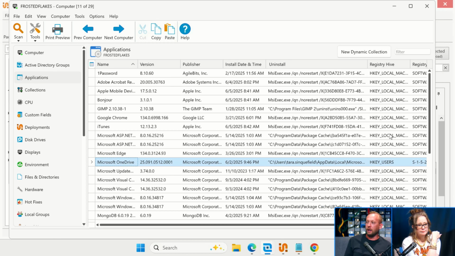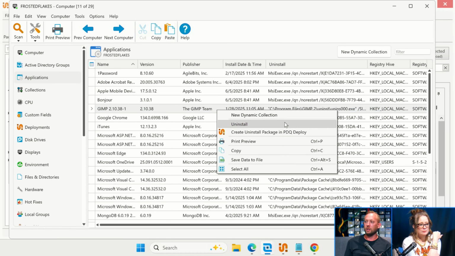Another key point is to look at the hive. Is it HKey local machine? Is it HKey users? Where it's coming from. So you can grab these, and you can do a couple things. You can